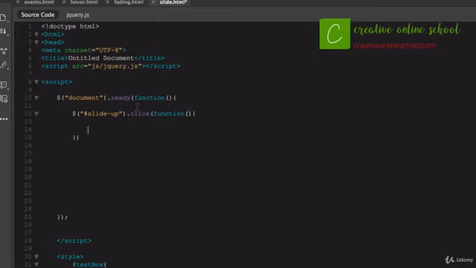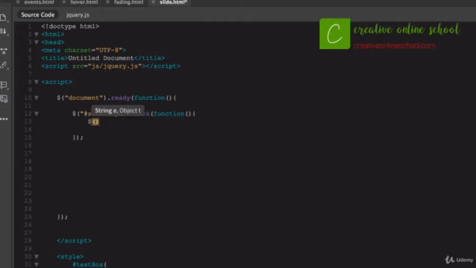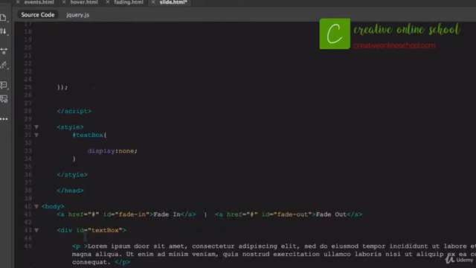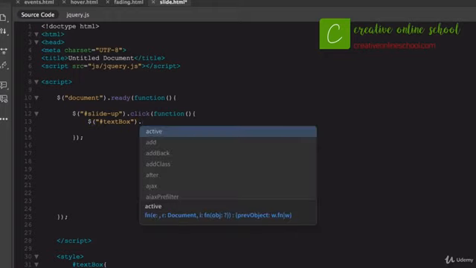And so I got my opening and closing parentheses there, opening and closing curly brackets there. In fact, I'm going to go ahead and just close that one out because I seem to always forget to do that. And then within the function of slide up, what we're going to do is another $. And we're going to say, let's see, what's my text area called? Text box. So see, I've got that ID of text box right there. In fact, I'll just copy that just so I'm not messing anything up here. So we're going to target that ID of text box, and what we're going to do is make it dot